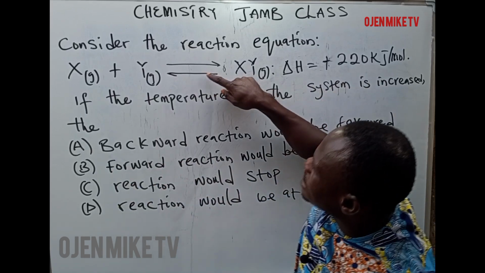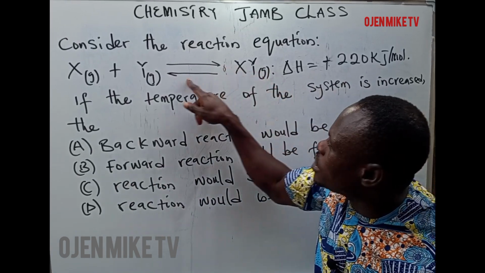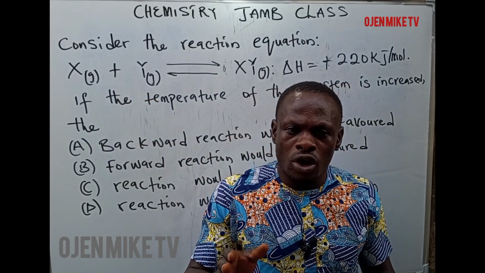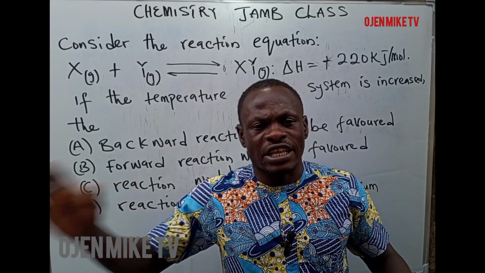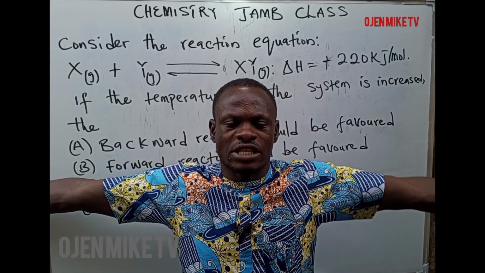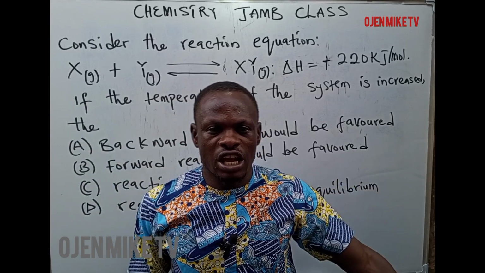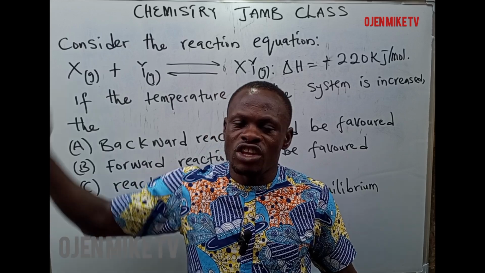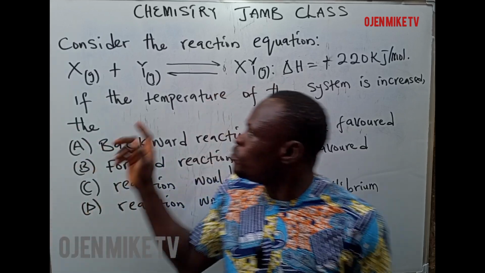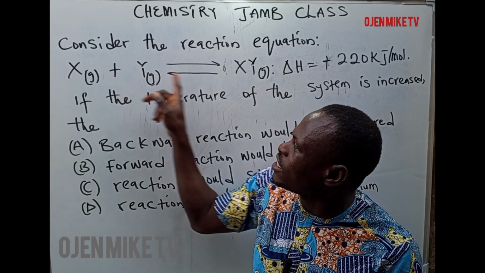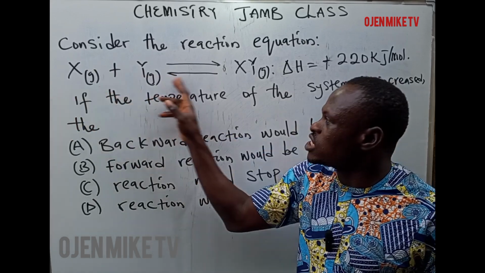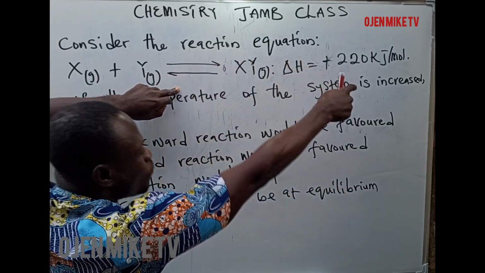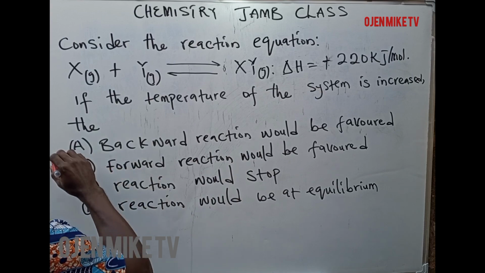So this arrow represents the forward reaction, while this one represents the backward reaction. Like earlier illustrated, when you increase temperature in an endothermic reaction, the right hand side will be favored. So it means the right side is this arrow that is pointing to the right hand side. So the answer is the backward reaction. This one is backward, this one is forward. So the backward reaction will be favored. So our correct option is